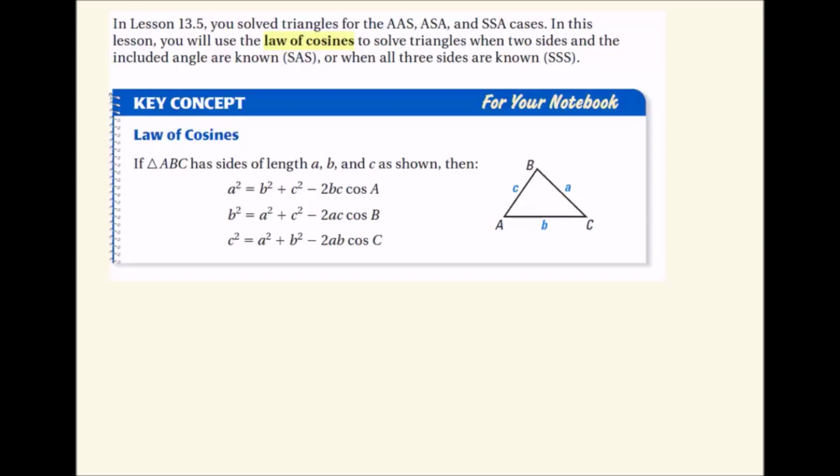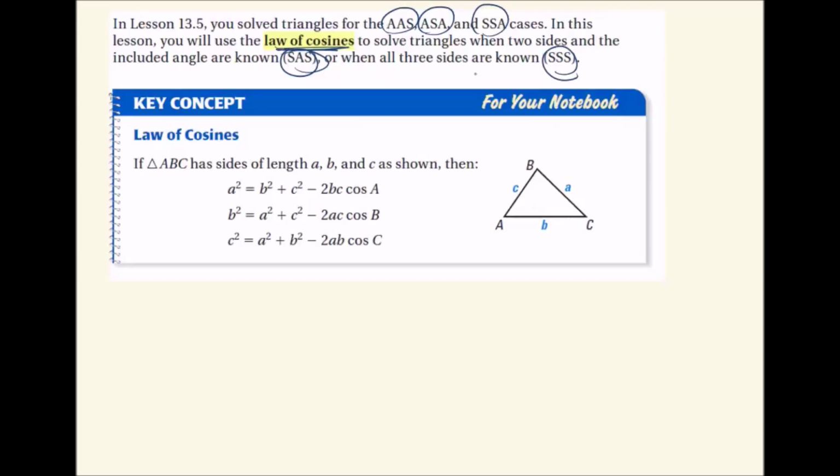In 13.5, I'm just going to read this from the book. I think it's really, really important. We solved for triangles that were angle, angle, side, and the special, really complicated type, side, side, angle. We use the law of sines for that. In this section, we're going to use the law of cosines to solve triangles when two sides and the angle are known. So SAS, two sides and the angle in the middle, and when all three sides